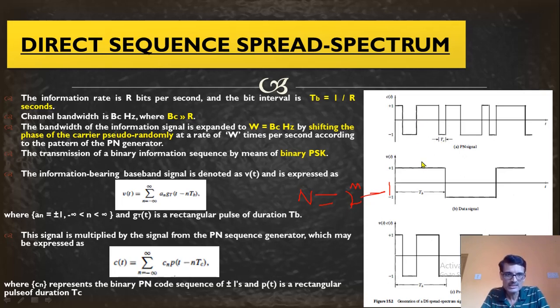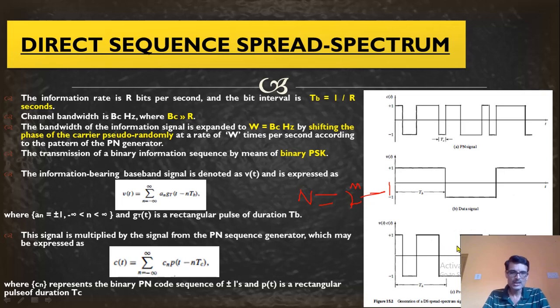Now when you multiply this signal with this signal, I'll get this signal. Just see here, +1, +1, it is +1. -1, +1, it is -1. So whenever it is -1, the phase is changed by 180 degrees. Right? +1, +1, it is +1. Somewhere it is -1, -1, it is +1. A simple multiplication of these two will give the signal.